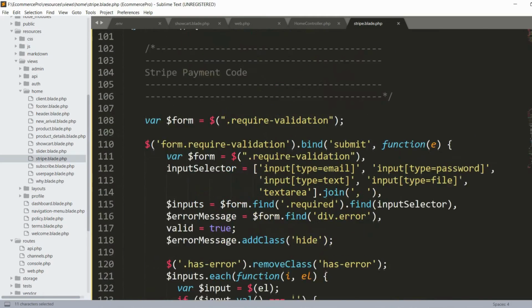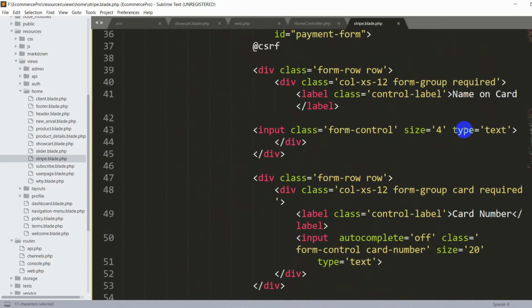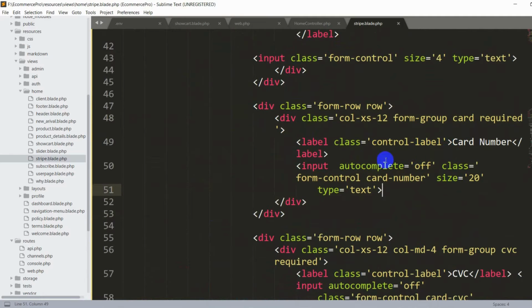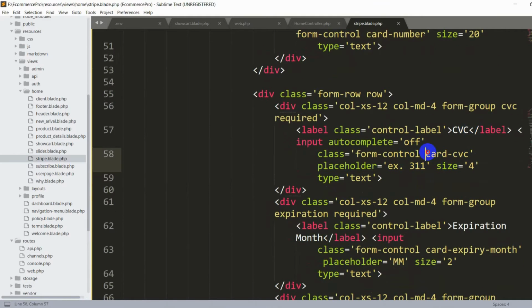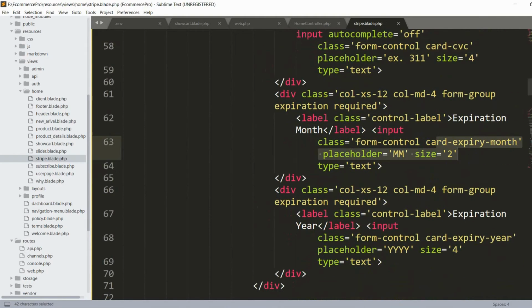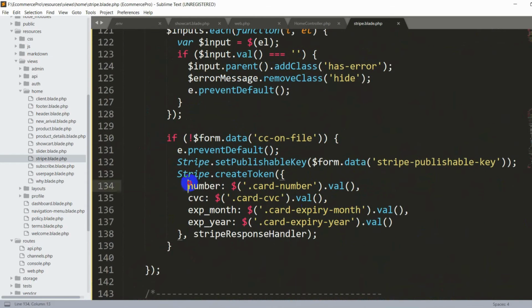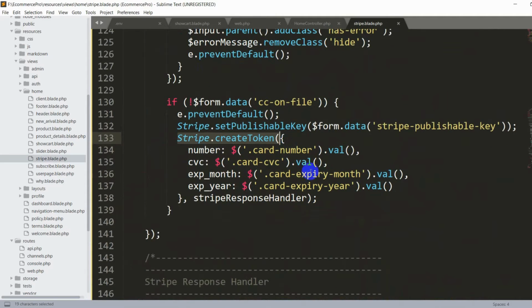Now as I mentioned many times earlier, in the div, here you can see that in the class we have card number. In the cvc we have card cvc. Here you can see card expiry date. Now we are checking those over here, and using those we will generate a token. So here you can see stripe dot create token. So we are trying to generate a token for those card details,